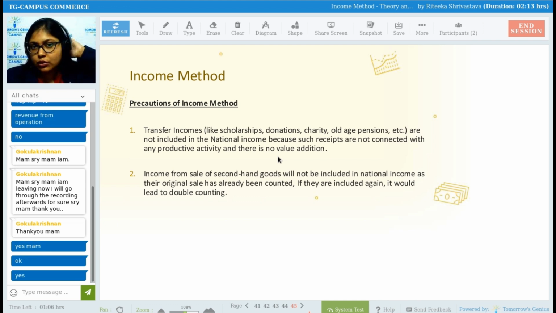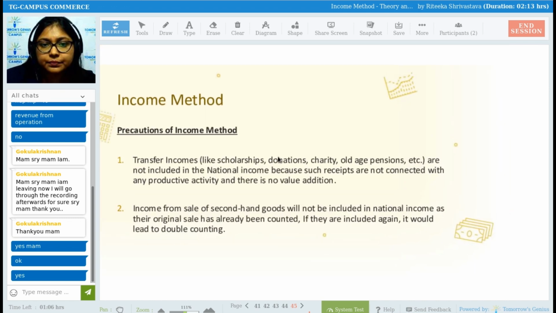Okay. So we saw all the components of income method, the meaning of all the components and where they are going to be used. Next part is the precautions which you have to take while computing national income using income method. What all precautions are you going to take while computing the national income? So first,